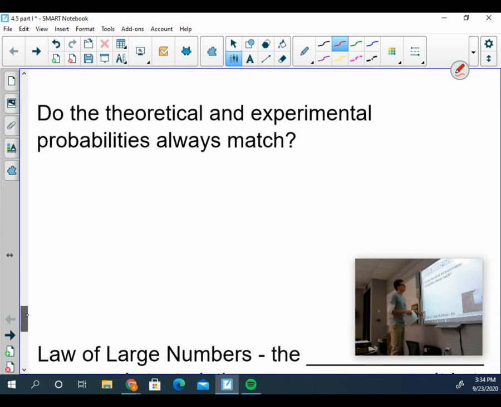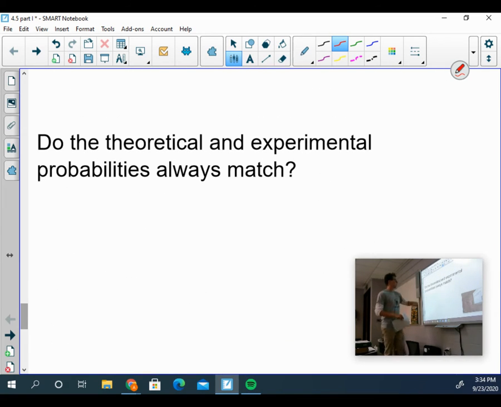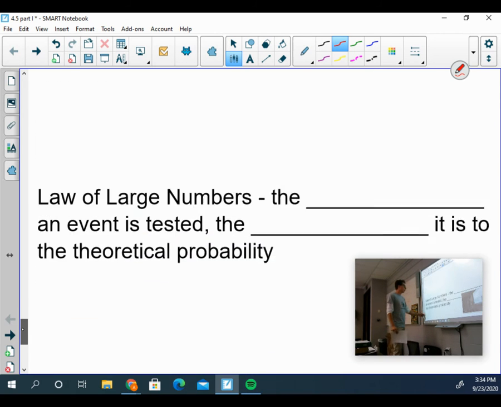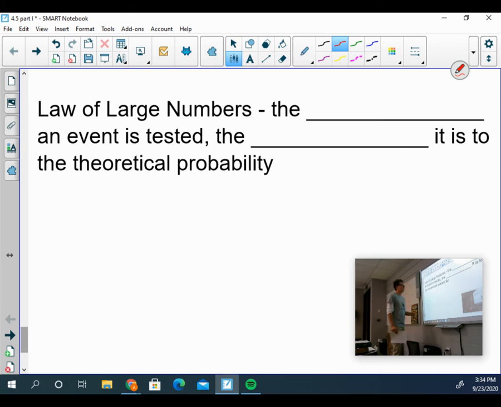Next topic we're going to jump into: do the theoretical and experimental probabilities always match? Let's say I go to flip a coin. And we know the theoretical probability is 50%. And I flip it 4 times, and I get 4 heads. Does that mean probability is wrong? Well, not quite. You see, we come up with theoretical probability largely based on this idea of the law of